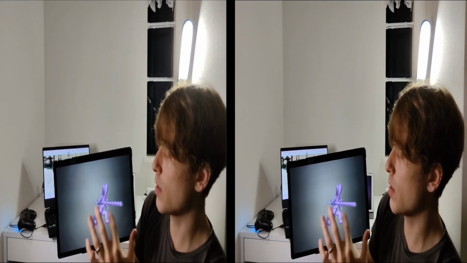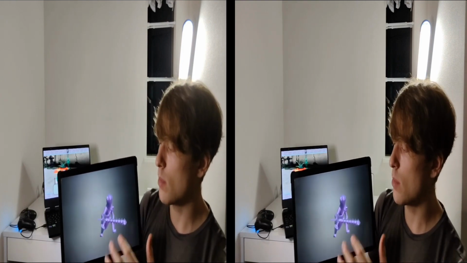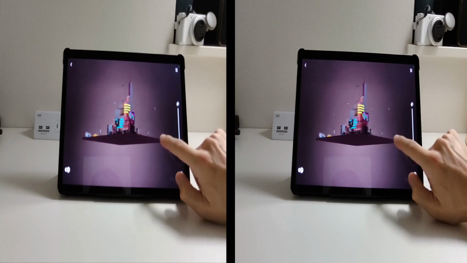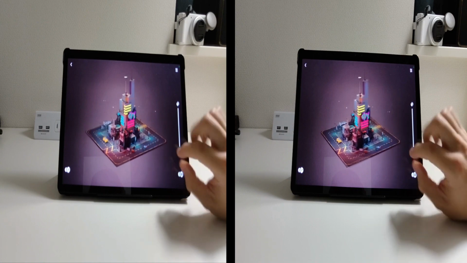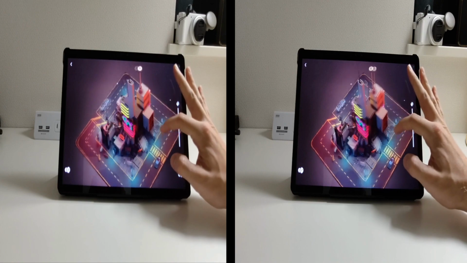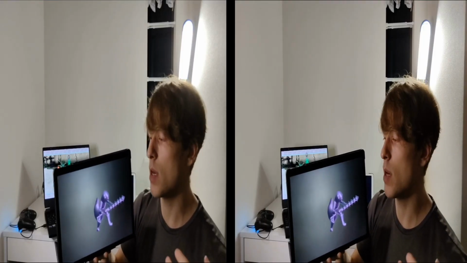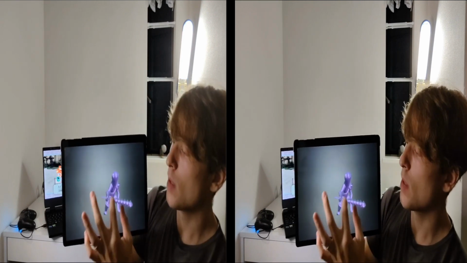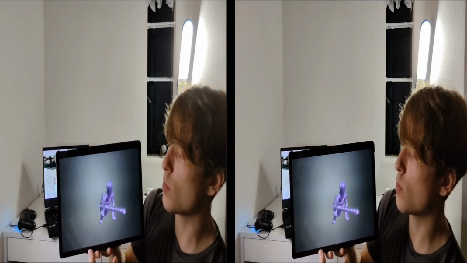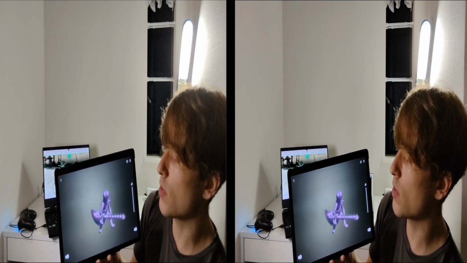It's easy to work with, feels great to use. It makes me really excited about testing out models like this. Looking around on Sketchfab to see if I can find some cool models and download them and just play around like this and then show it to people, because this is one of the highlights of this 3D tablet. The fact that it perfectly shows models in 3D and makes them really pop off the screen, and then you can view them in such a smooth, seamless way. It's really unbelievable, and they've done a fantastic job with this update.